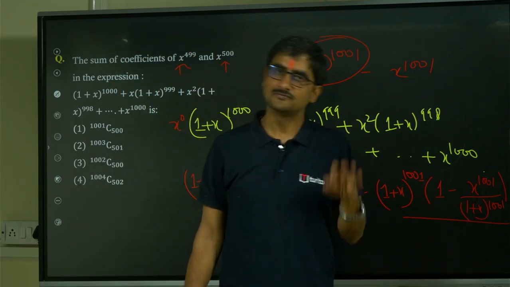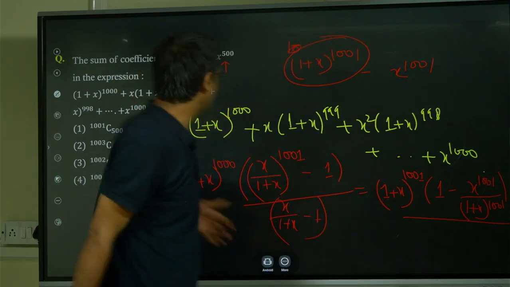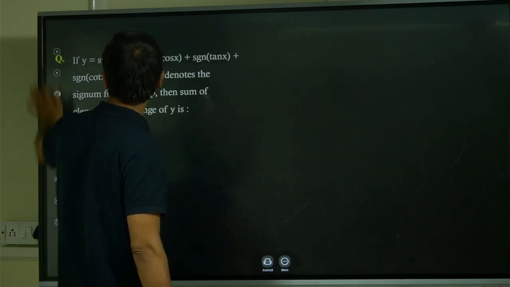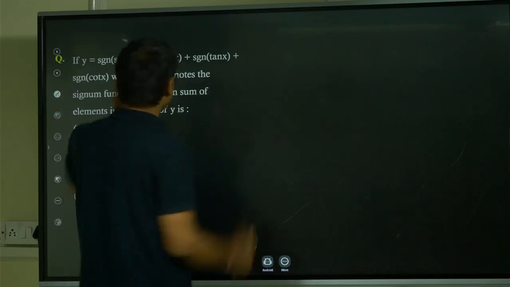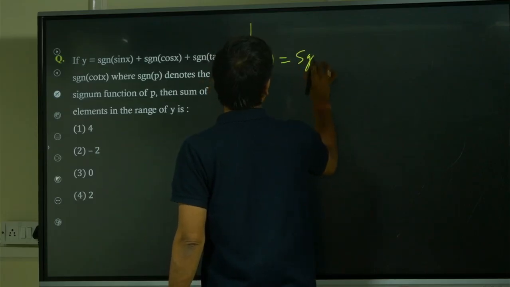Nothing new. It's a very routine question based on a combination of GP and binomial expansion. So 1000C500 is the third option here. Now coming to this question, which says the function f of x is signum of sin x,